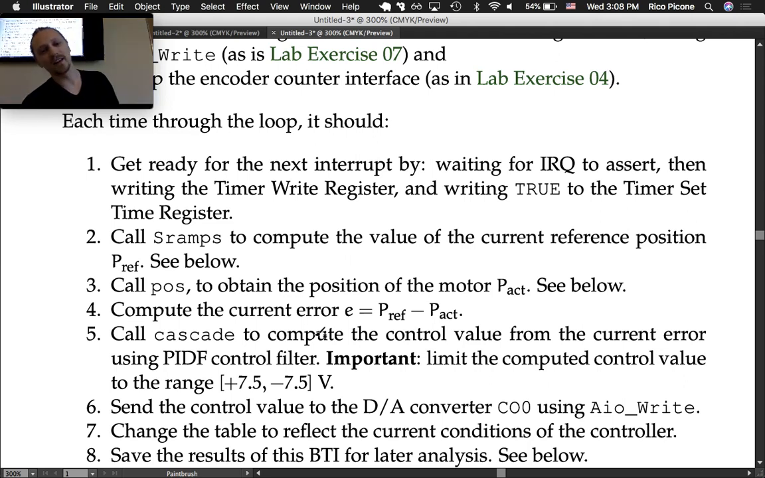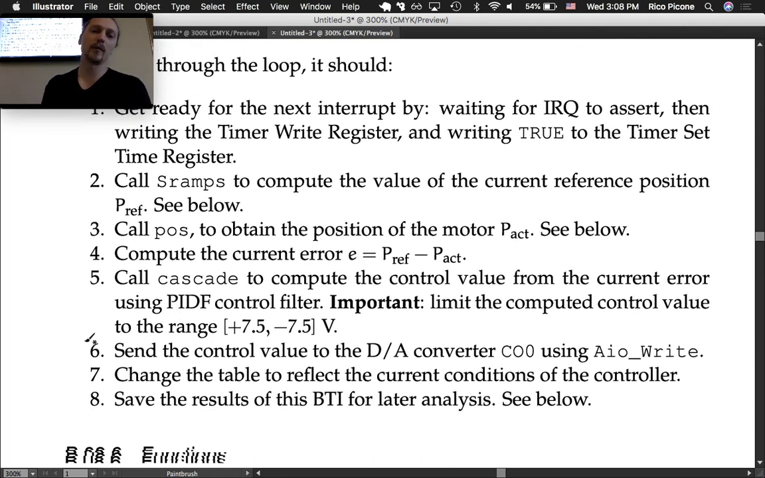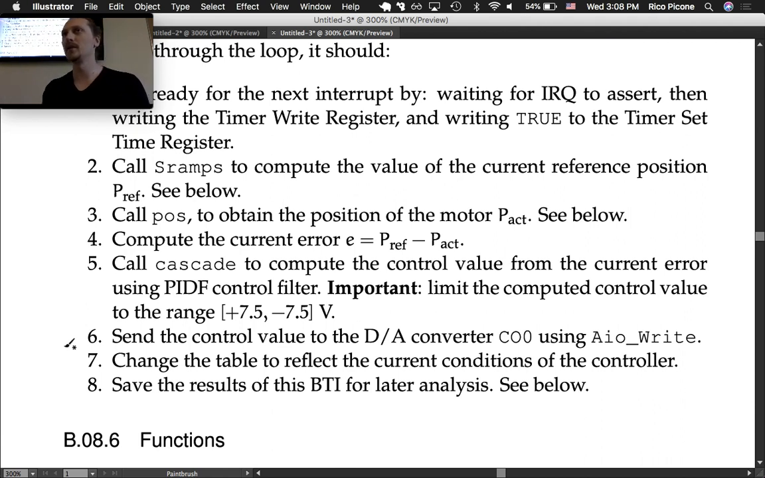Compute the error, or the current error. Your position is telling you the actual position, so p_actual. So pref minus p_actual is your error. Then call Cascade to compute the control value from the current error using the PIDF control filter. And of course, important, limit the computed control value to the range 7.5 to negative 7.5 volts, which you guys have been doing already. Then send the control value to the D to A converter,